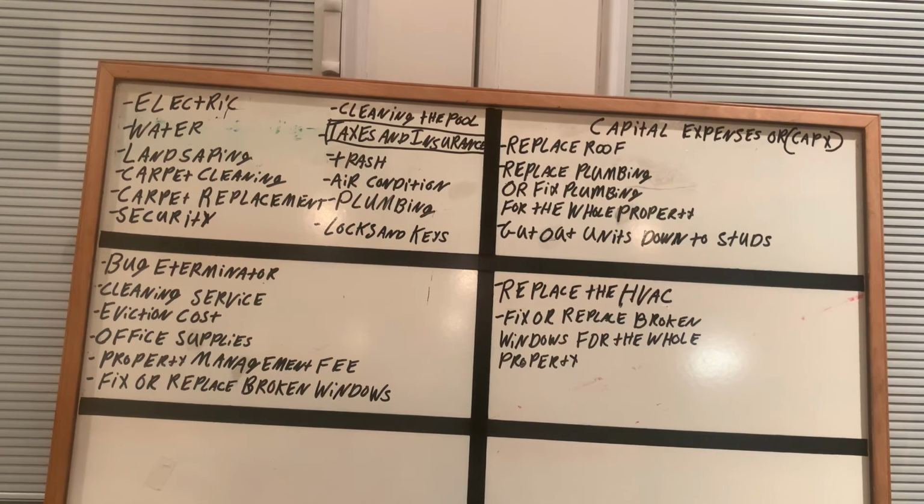So this is just an idea of what it is to have general expenses and capital expenses. When you're looking at profit and loss statements, these are some of the things you want to look for: electric, water, landscaping, trash, security, and so on and so on. Capital expenses are a different thing. So this is what I look for when I look at a